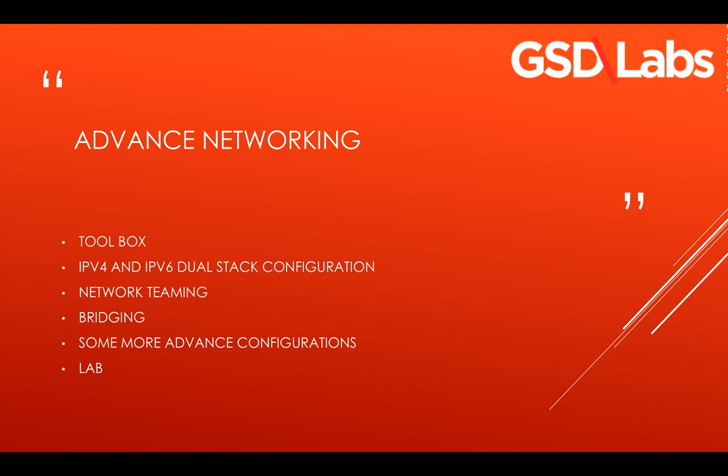I'm not going to get too into the IP version 6 theory, but I will touch on a couple of rules that we have as part of the IP version 6 architecture. So we'll discuss it very briefly, and then go to the lab and start working on the configuration. And then we're going to talk about network teaming, which is an evolution of the previous bonding configuration